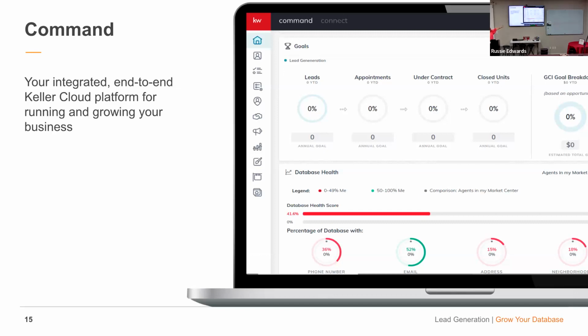We're not going to go deep into Command today. I just want to give you some ideas of where you need to go to be able to go into Command. But just remember, that's what all those things are. Command is your CRM, contact relationship management software. It's where your database lives, it's your goal tracker, it's your task manager for all of those smart plans that you have set up that you need to contact somebody. That's where it's going to live, and it's going to give you a reminder.